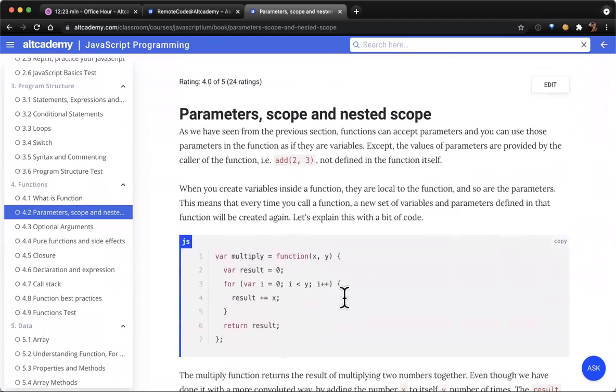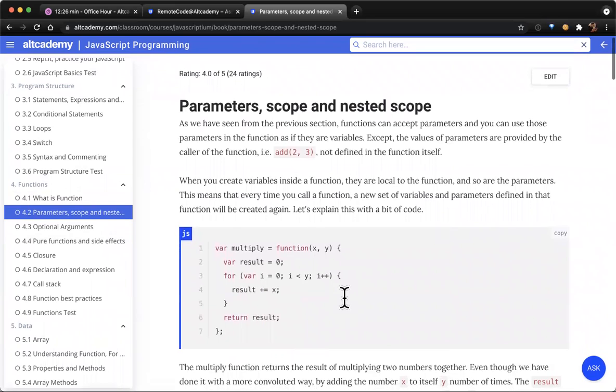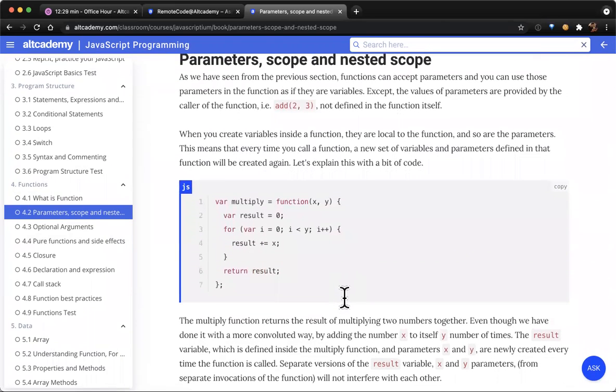So this part is about scope. When you have a function box, everything you define inside the function box can only be used within the box. If you made a box yourself and you have some machinery inside, you cannot take the parts from the inside of the box and use them somewhere else. That's what scope means. You have your box, and everything inside can only be used inside the box. That's all it means.